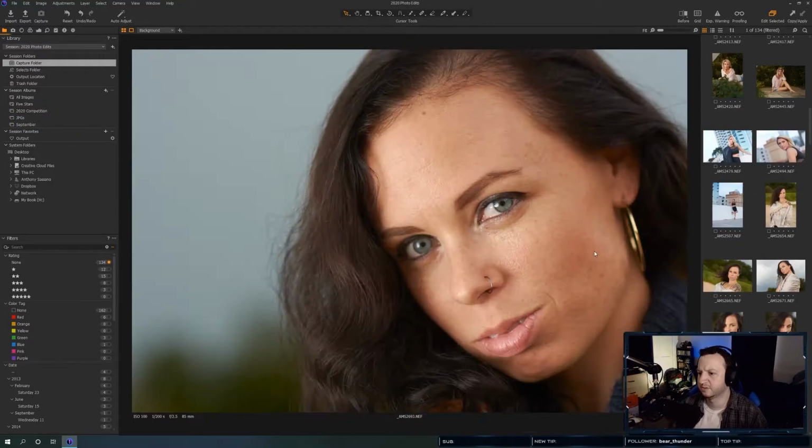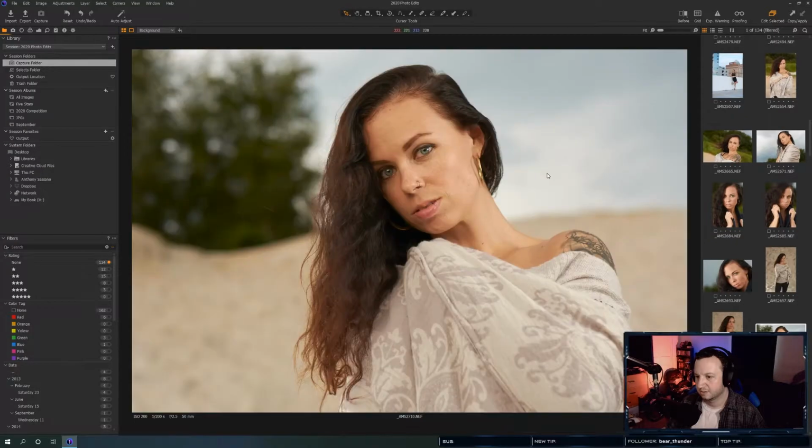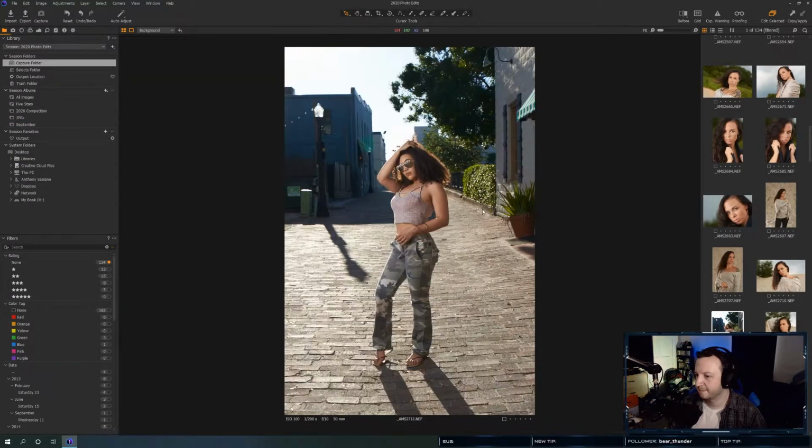And these are from old shoots, so I've edited these already at one point or another, and I just need to work on editing them again. As soon as I'm able to do that, I'm gonna send them to the model. See, this is another pretty good one. I had quite a few good ones up here, and you'll see some of these get mixed in, like this one, just because my file numbers got reset during specific shoots.